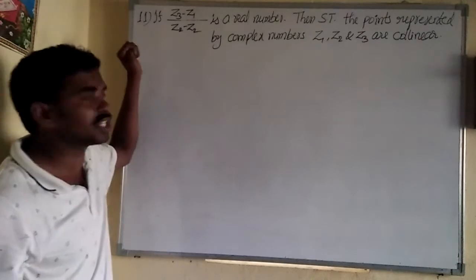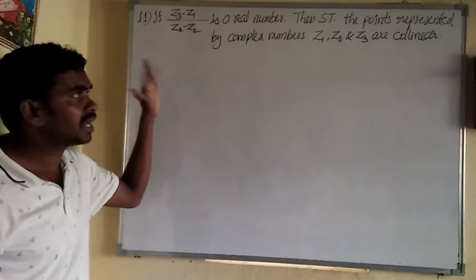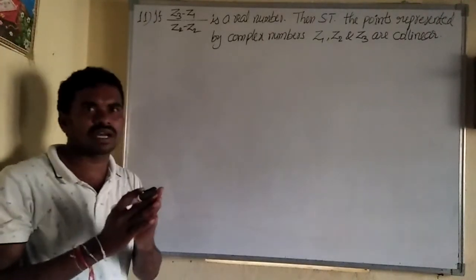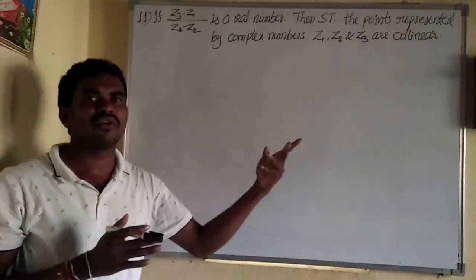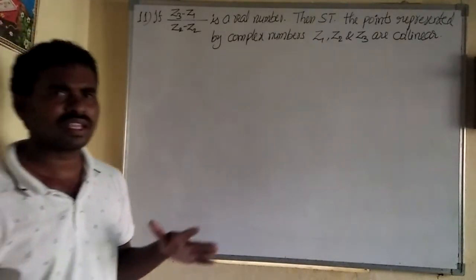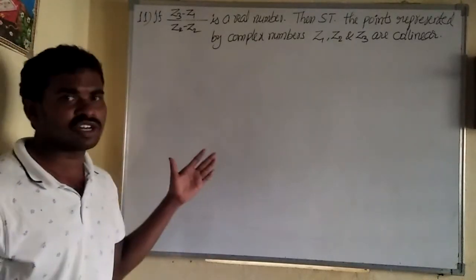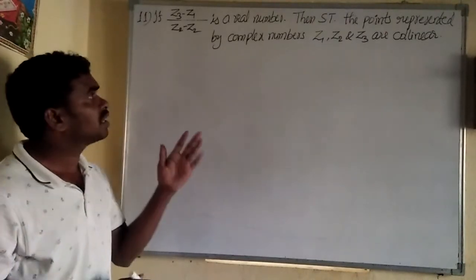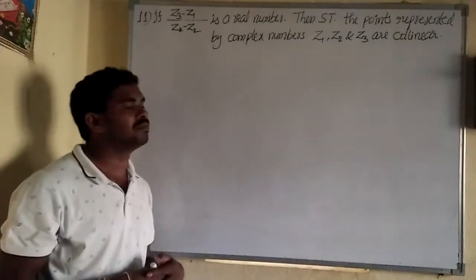Okay, next, 11th question. In this video, I think this is the last sum. In the next part, we will discuss, when complex numbers are given, how to show whether the given complex numbers form a rhombus or square or equilateral triangle. That is also a very important concept, especially the first concept and the last concept are more important. If the question is compulsory, the second part is also a little bit important.